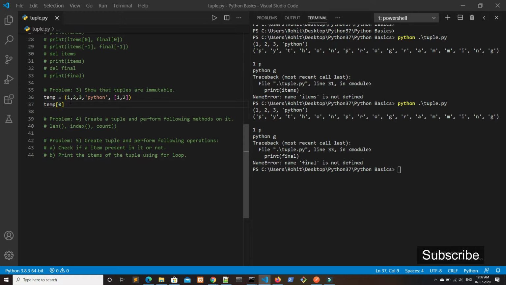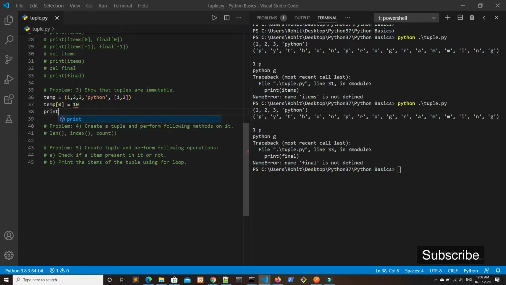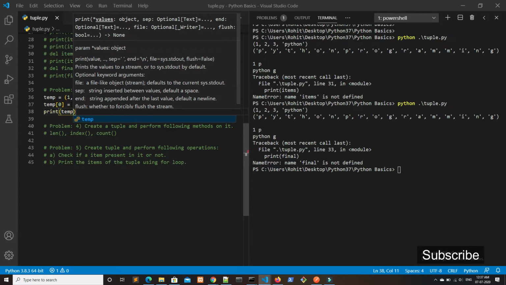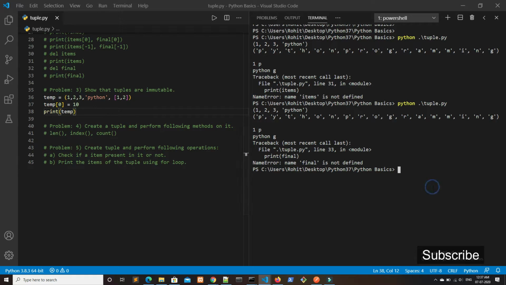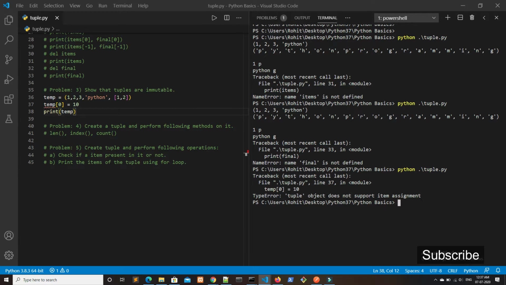It will point to the first value, that is 1, and if we try to assign another value to it, that is 10, and if we try to print temp, then it will throw an error saying tuple object does not support item assignment. That is, once the tuple, that is temp, is assigned a value, and if you try to change the value after assigning it, it will throw an error